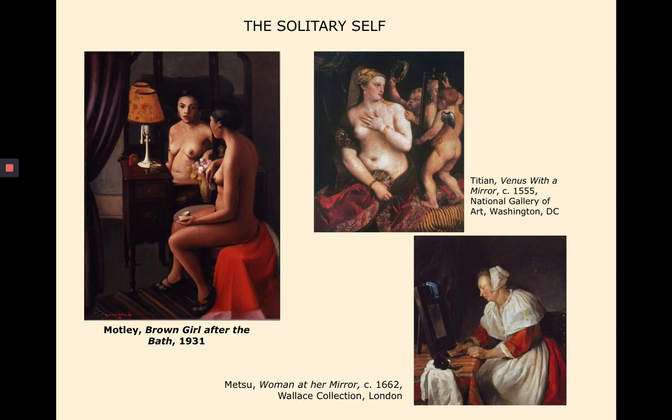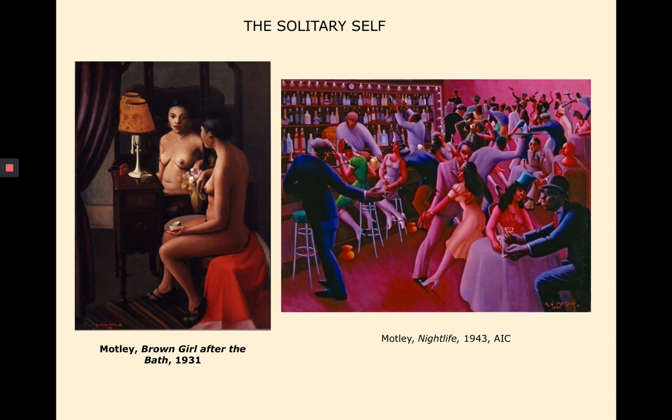So, for example, the lamp and the fashionable shoes of the woman place her in a particular, specific time and place. The model of this painting is not known, but it is very distinctive and unusual. The subject of an African American nude woman is a rarity amongst the works of Archibald Motley or the Harlem Renaissance in general. And Motley is very well known for his